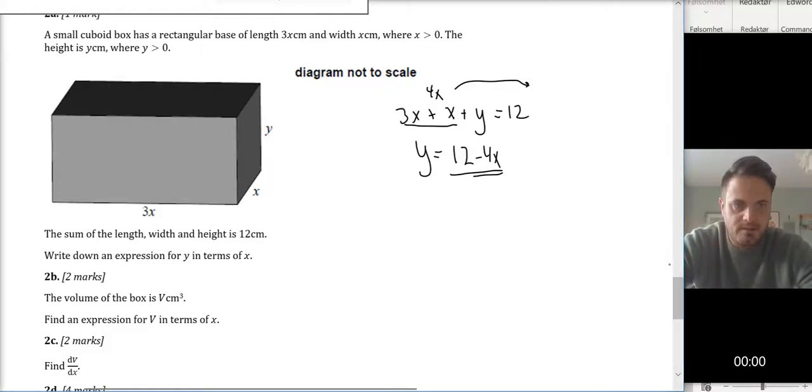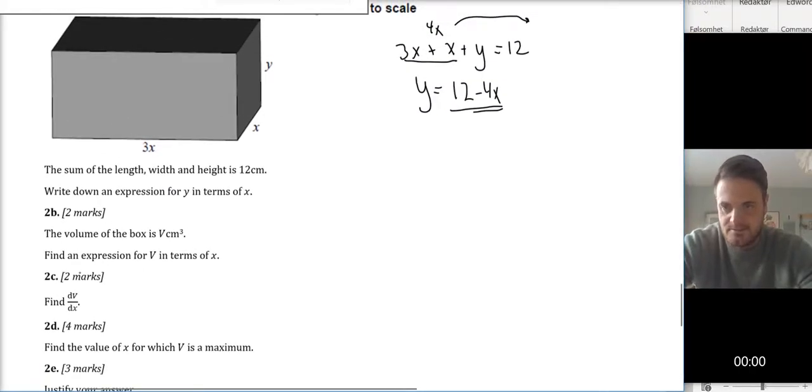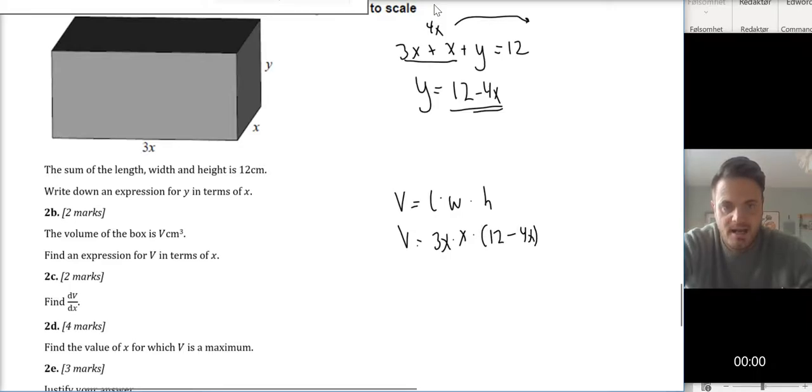And then the volume of the box is v cubic centimeters. Find an expression for v in terms of x. Here you should start with a formula for the volume of a box like this, and that's the length times the width times the height. So this will be 3x times the width, which is x, times the height, which is y, which is 12 minus 4x. So you will get 3x squared times 12 minus 4x, which will be, I'll just take this first,